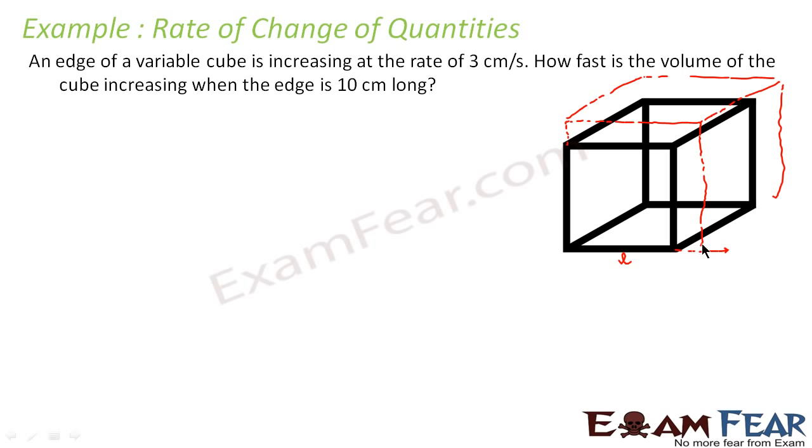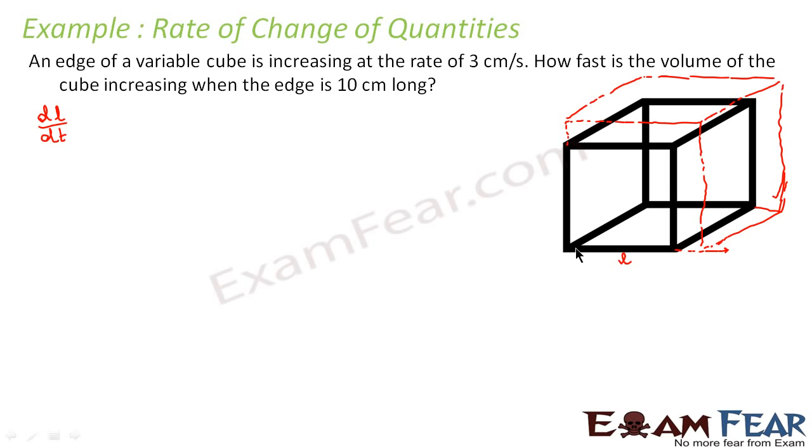This is the new cube, correct? Yeah, this is the new cube. If my length is increasing in this direction. So the question says, if you see the edge of the variable cube, the cube is variable, is increasing at this rate. So dl by dt,